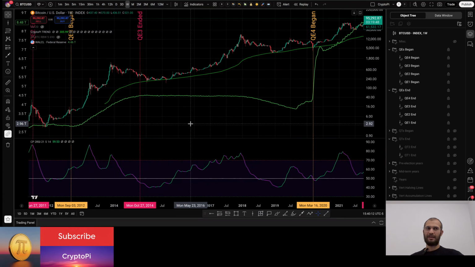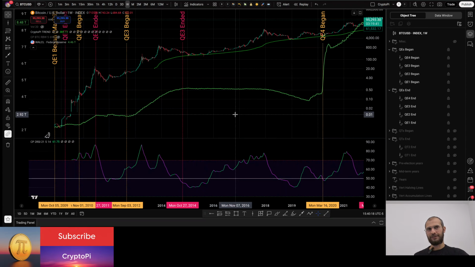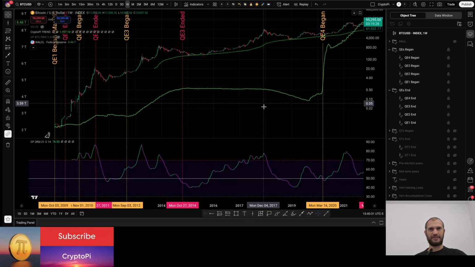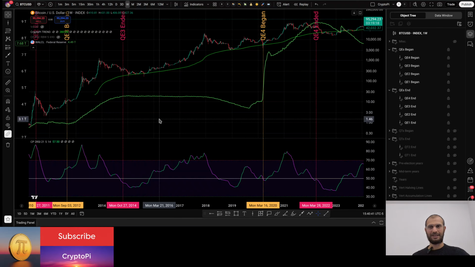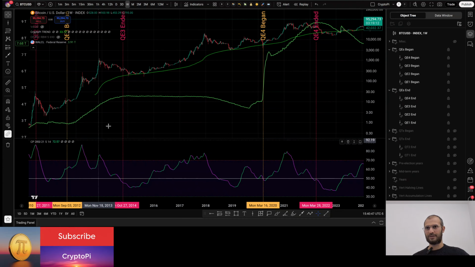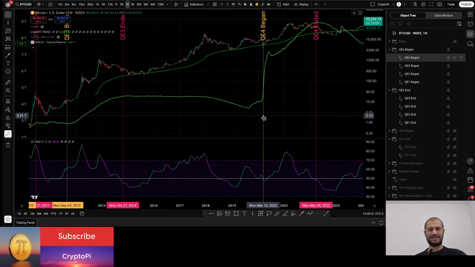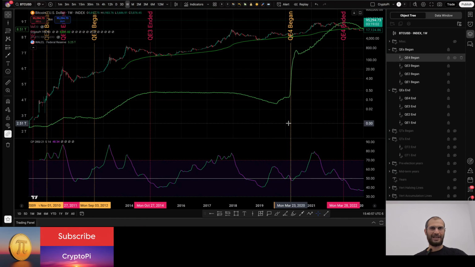Now, there are a few points which are not just about quantitative easing and quantitative tightening. There are some phases which are cool down phases. So for example here, QE ended, but this is a cool down phase, or what the Fed sometimes calls a maintenance phase. And these phases can last pretty long. It can be months and it can be years. In this case, it was almost 6 years, from 2014 until March 16th, 2020, or you can just say March. It doesn't have to be specifically March 16th.